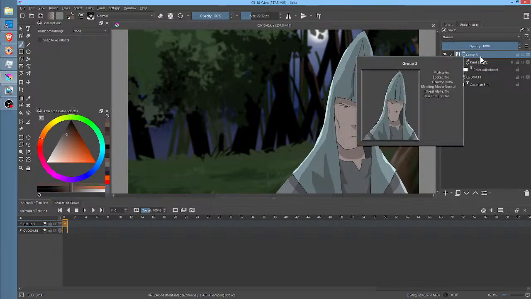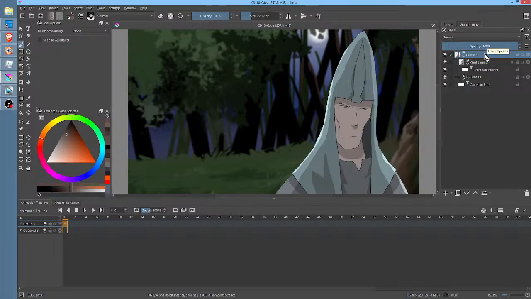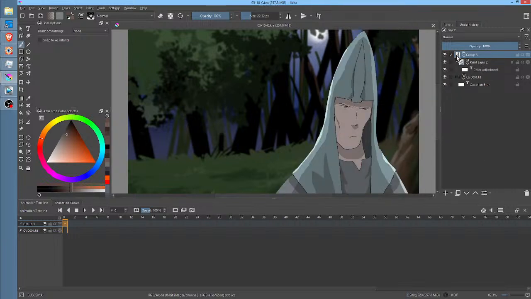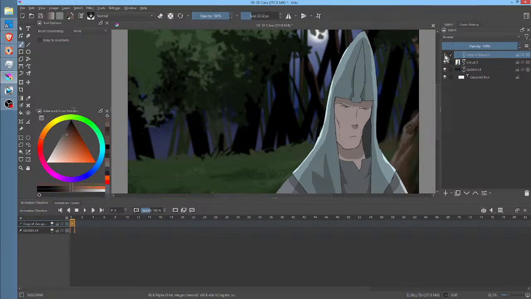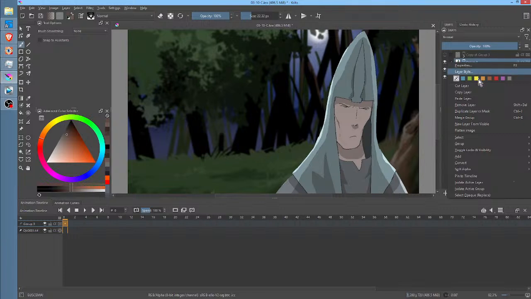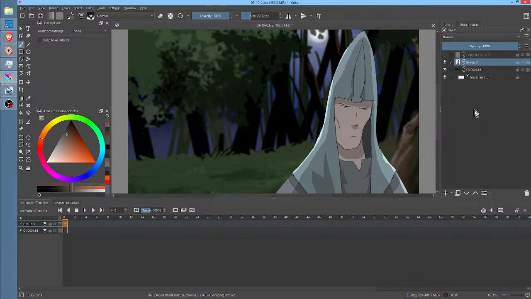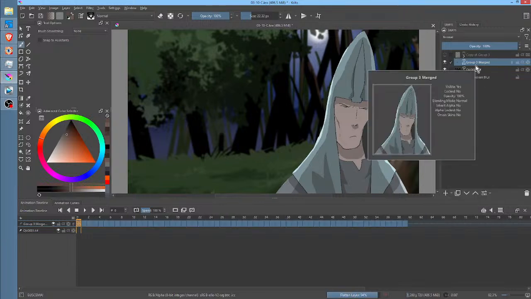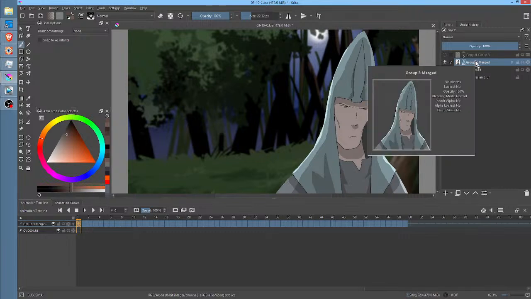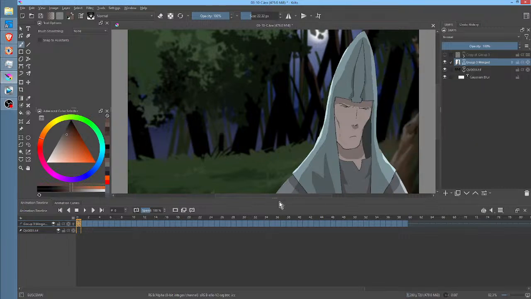Okay, the first thing I'm going to do is take this group, which has his color, it has a color corrector, yada yada. I'm going to take this group and I'm going to duplicate it. Boom, it's duplicated, and then I'm going to turn the duplicate off. I'm going to take this one and I'm going to merge the group. The reason I did that is because once I start doing the transforms, performance will be much, much, much better.